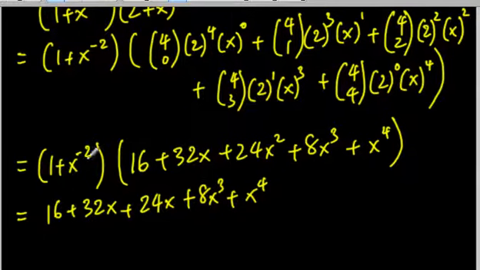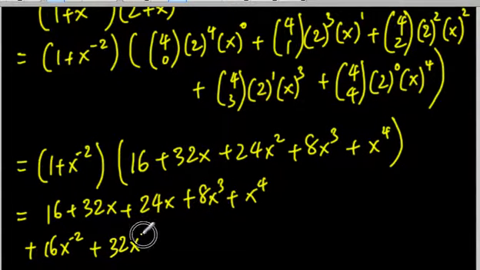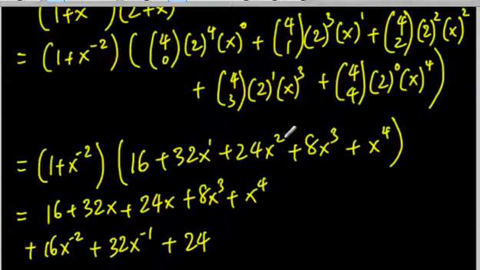Now I have to take the second term and multiply by each of these terms. So I'm going to write that below. That's going to be 16x to the negative 2 plus 32x times negative 2, so that's going to be 32x to the negative 1, because remember, there is a silent 1 there, and negative 2 plus 1 is negative 1, plus 24. This is x to the power of 2 times negative 2, so it's just going to be 24, because x to the power of 0 is 1,